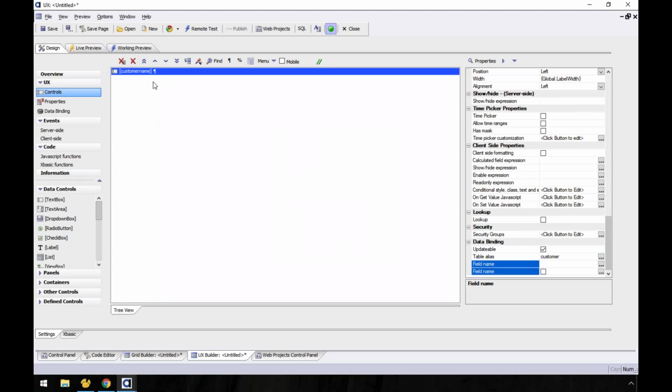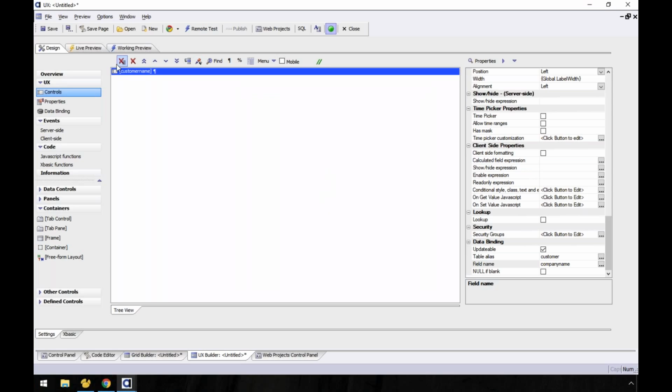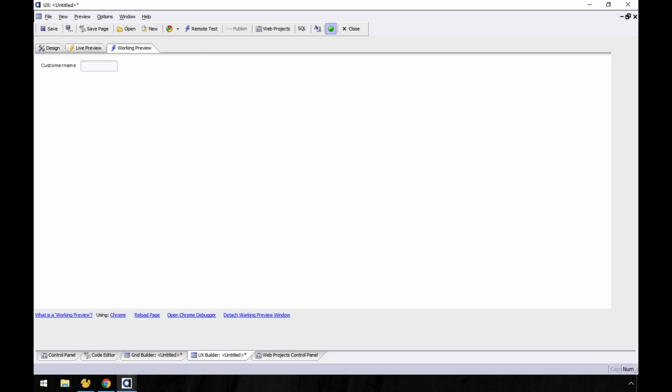Now, normally what I do to make my life easier is I don't necessarily put both tables in here. I'll do a parent UX with a grid or something like that. But if you do this method here, you want to put in what's called a, is it a type of container? Yeah. Okay. So the idea is, here's my customer name, and so it would show my customer name here.